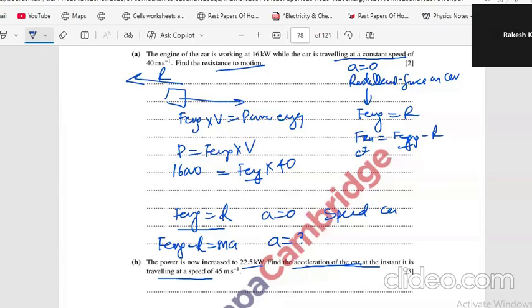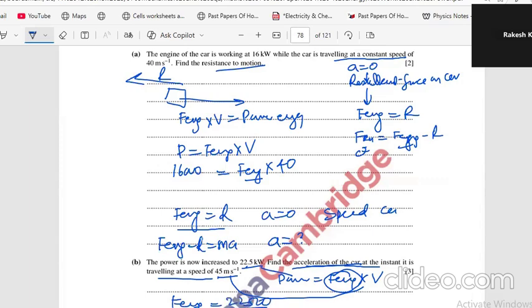Again the power is given by F engine into velocity. Now this is the power at 22,500 and he's traveling at this speed. So at this moment, what is F engine? So F engine is equal to